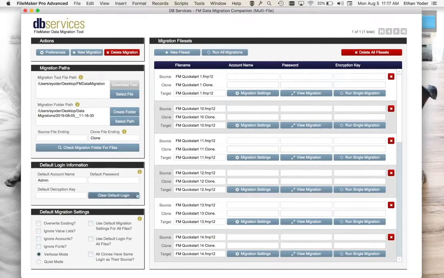Great. That's all set up, but it still doesn't show up because we still need to put it in the settings. So we're going to click use default migration settings for all migrations, and then this one right here too. You see that that fills in the rest of these here. We also have different options for the migrations, so we can override existing files if they exist, or we can ignore certain things. We can also talk about verbose mode and quiet mode and all the other stuff, so we'll just fill our time here.